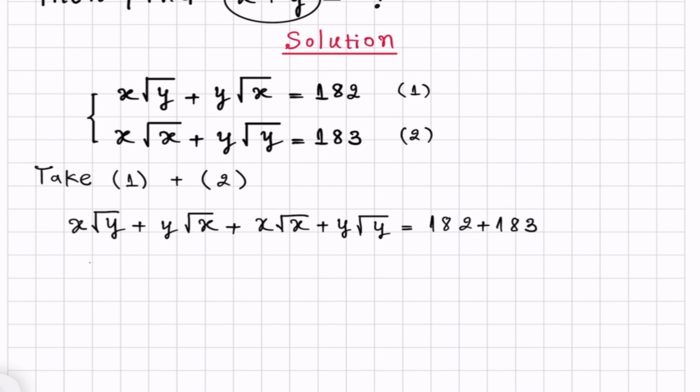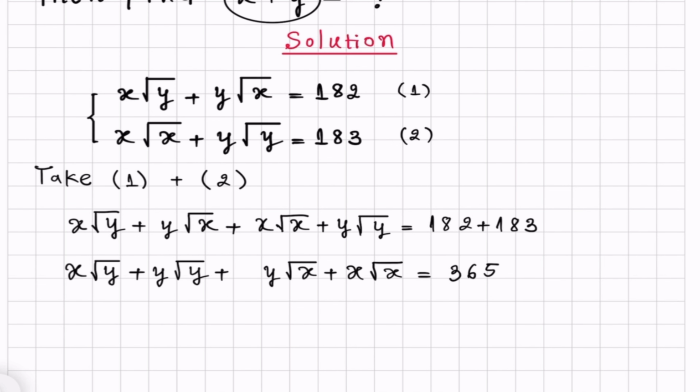Then we take x square root of y and put it closer to y square root of y, and then we get y square root of x plus x square root of x equal to